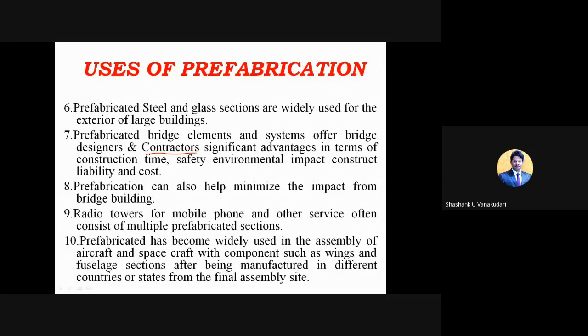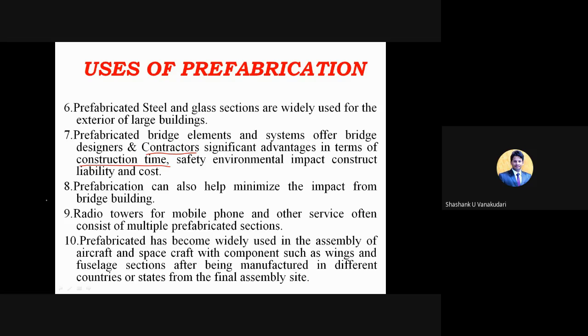So we need to concentrate once on the proper design. In the conventional method, the C1 column will be designed differently, the C2 column differently. But in prefabricated systems, we can go with repeated sections of the structural elements. So the designs will be much more similar, and that leads to benefits with respect to safety, environmental impact, construction liability, and cost. They are going to save much more budget compared to the conventional method, and with repeated structures they can also save construction time.